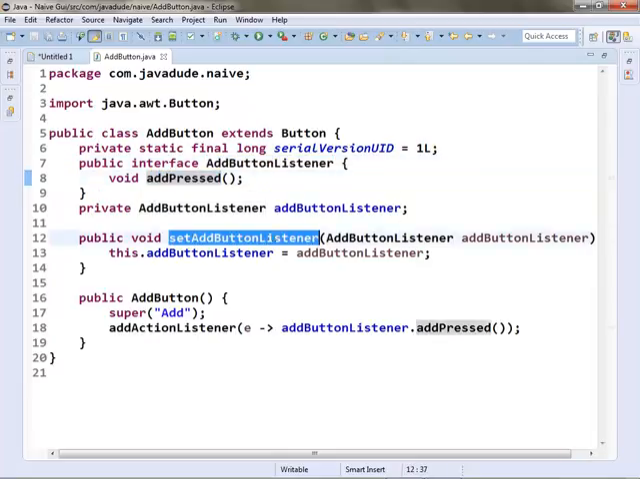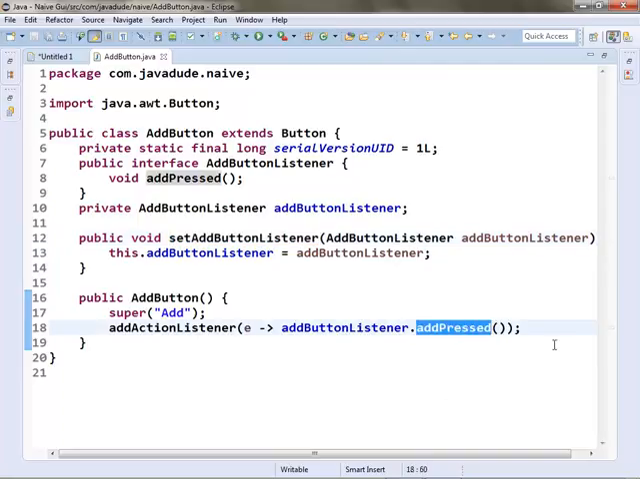And he's going to tell me, I'm interested in you, Mr. Add Button, by calling this setAddButtonListener. And then, when we're pressed, we're going to tell him, hey, the add button was pressed. So this allows somebody else to plug themselves into me to know when they've